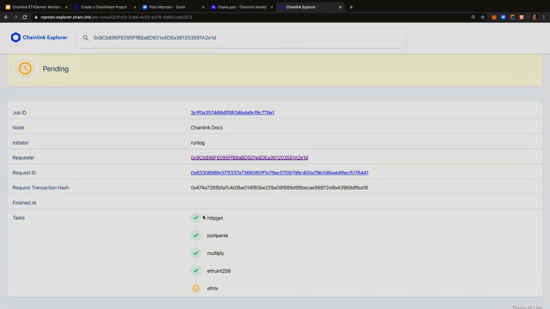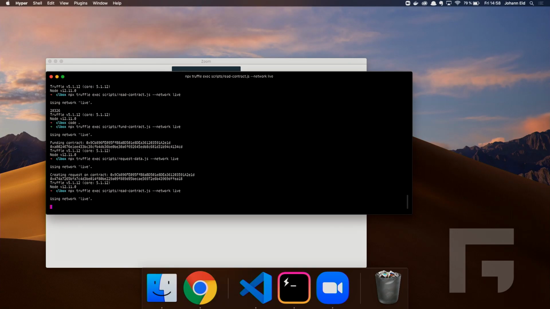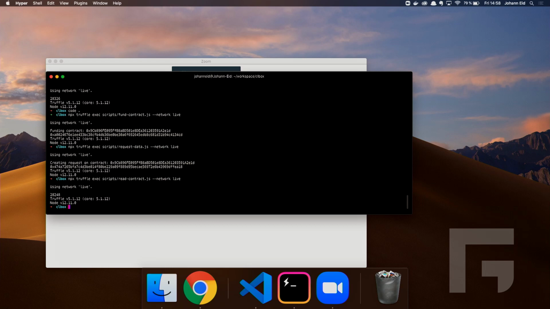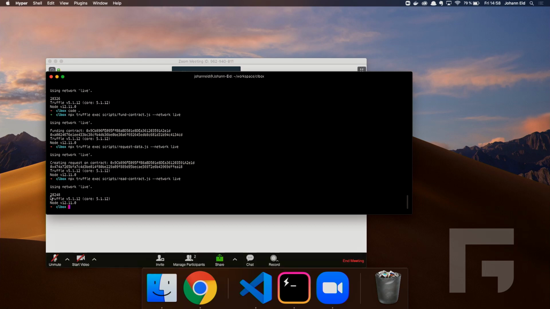You can see the multiple operations he's doing. He's doing an HTTP GET. He's parsing the data that he fetched. He's then multiplying it because, as I said, Ethereum doesn't support decimal numbers. He's returning it to the blockchain after. And whenever you're going to read this data point, you're just going to use the last script, which is basically a read contract, which is going to read the value that the node operator returned. So, yeah, here you have the price of ETHUSD.